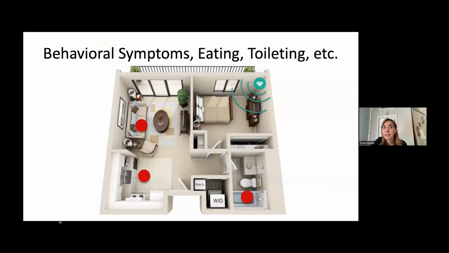You can, for example, look at withdrawal behavior. For example, somebody who is in their bedroom, doesn't interact with anyone, hardly gets out, particularly if this is a change from an earlier behavior. You can look at sundowning behavior, like somebody reaching to the window, or agitation, pacing back and forth, repetitive behavior. All of this is completely passive.